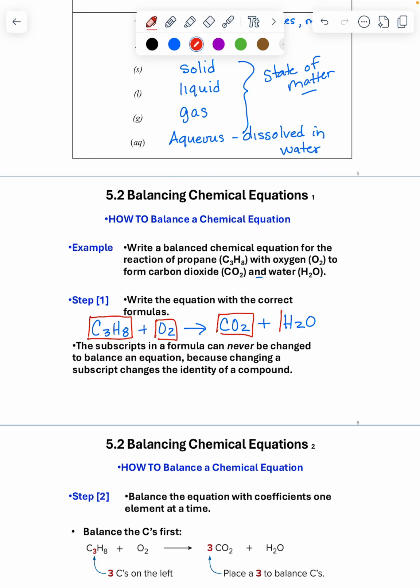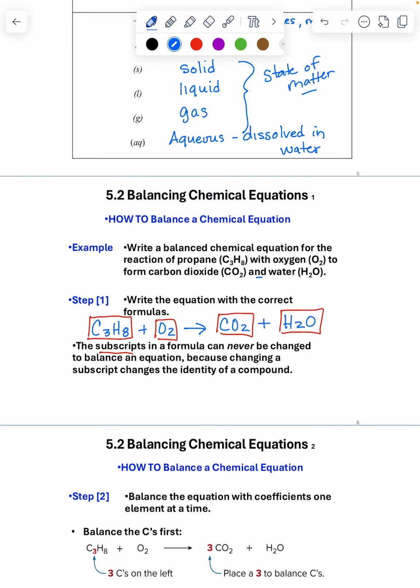So in order to balance the equation, you have to add a coefficient, and that coefficient changes all of the elements in that compound. So just note that you can't change any of the subscripts. The subscripts are the small numbers at the bottom, so those cannot be changed once the equation has been written